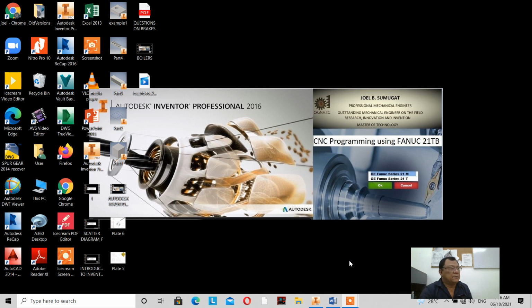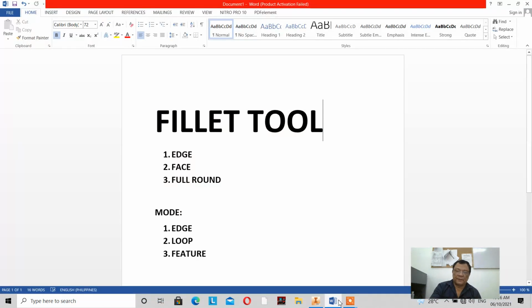And today let's take up a new topic in Inventor. This topic is about the Fillet Tool. Under the Fillet Tool, we have the edge fillet, the face fillet, and then the full round fillet. And we have three modes. It could be under the edge mode, loop, and feature. But before we discuss the fillet tool in